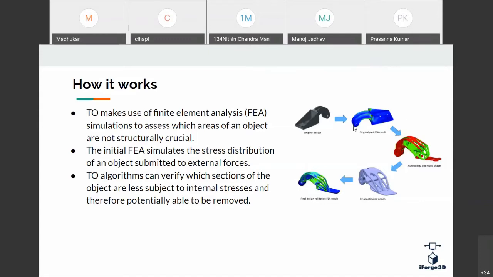After that, wherever there are less stress or less strain energy regions, material will be removed from those portions, and on the remaining part the same loads and boundary conditions are applied and the FE analysis is performed again. If that design is within the required results or requirements, then we consider it the optimized design and proceed for additive manufacturing, or if possible, we can also go for traditional manufacturing.